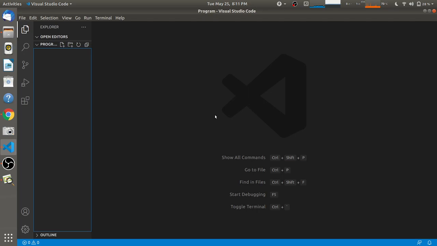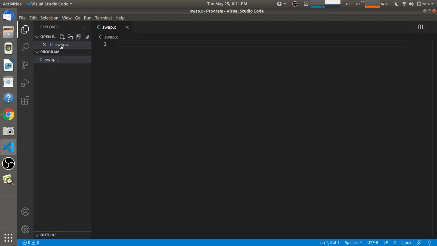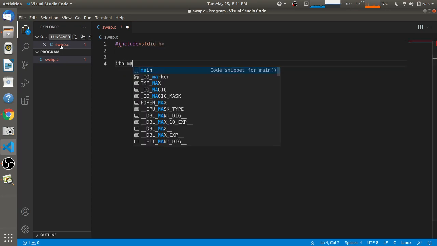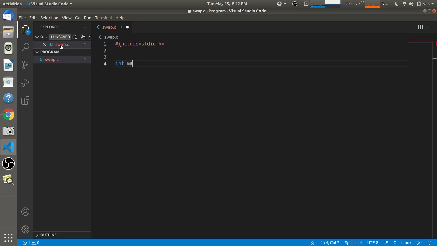Hello friends, in this video we are going to swap two numbers using XOR operation without using a third variable. I am going to name a file as swap.c. I'm going to include the standard input output header file. I'm declaring the main function here, int main,